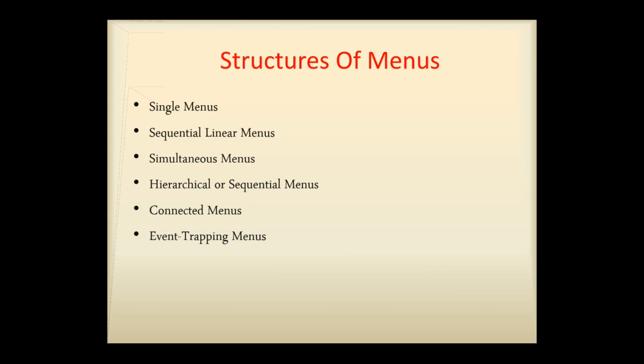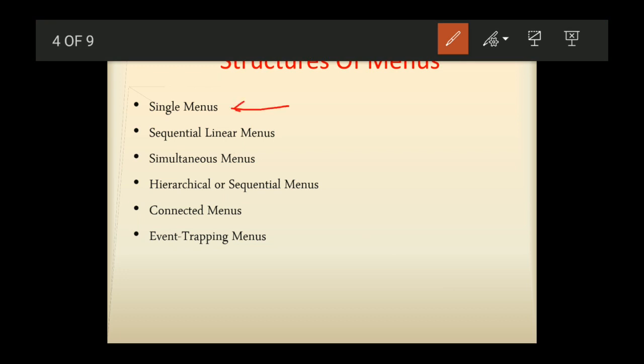By single menu, we mean the simplest form of a menu. In this, a single screen or window is presented to seek the user's input or request an action to be performed. In using the internet, for example, at a point in the dialogue, people may be asked if they would like to stay on the same page or would like to disconnect. So this is an example of a single menu, right?